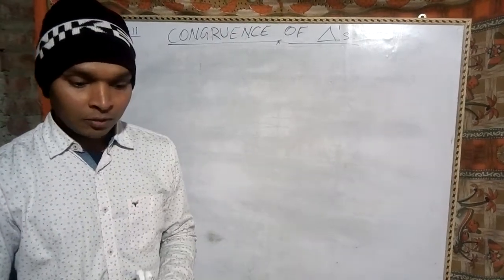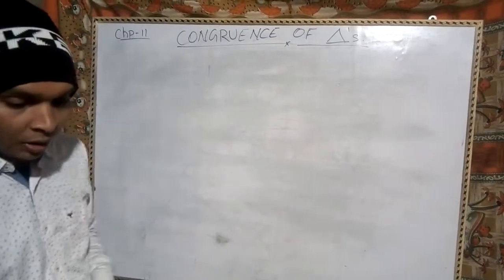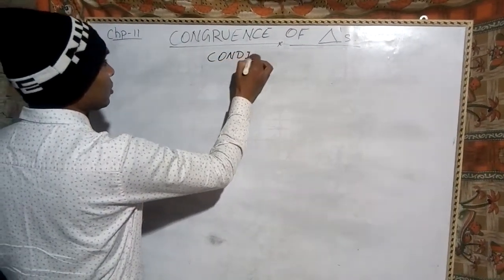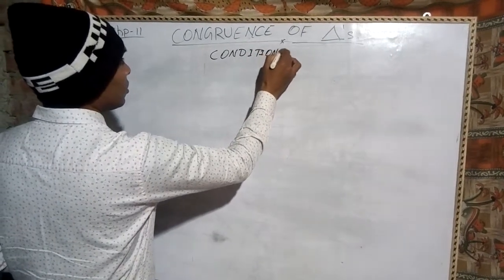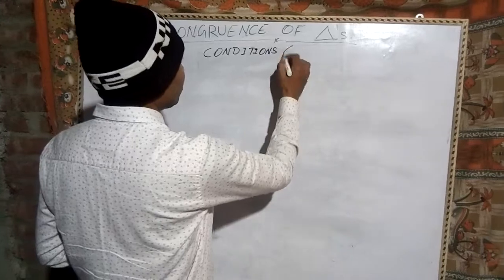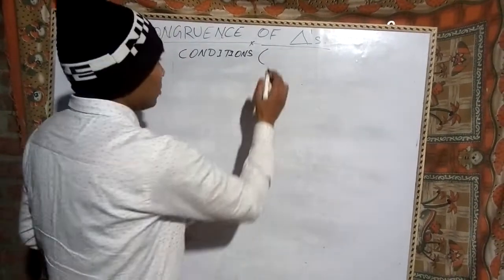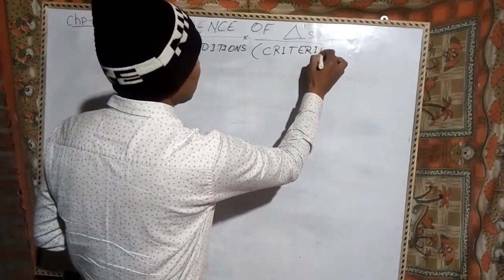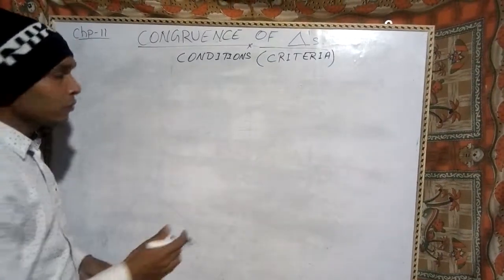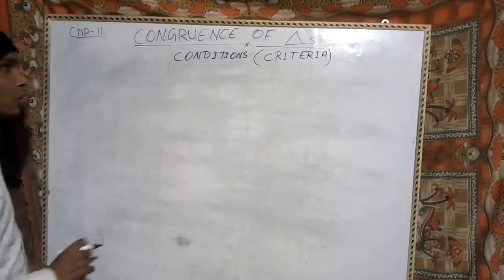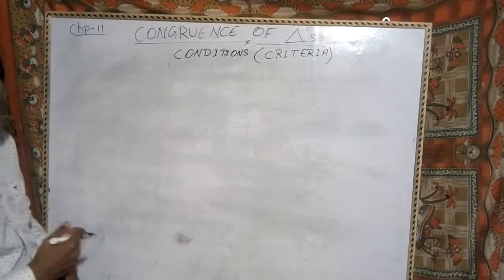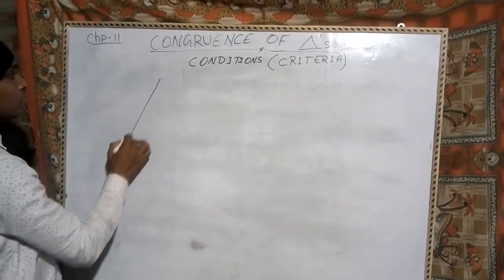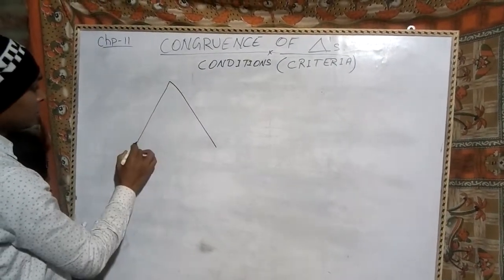Conditions, or criteria, of congruency of triangles. What are the conditions of congruency of triangles? I already showed in the last class that